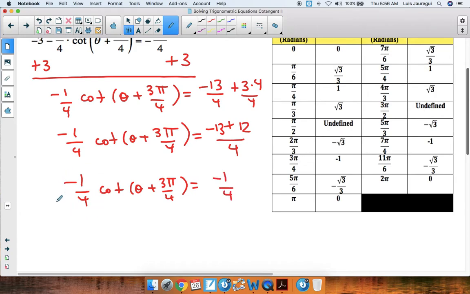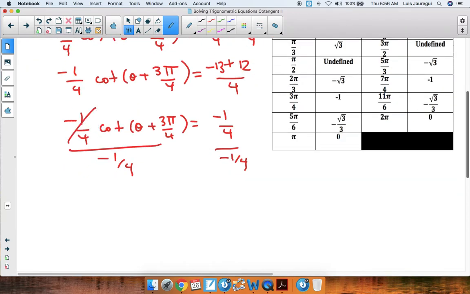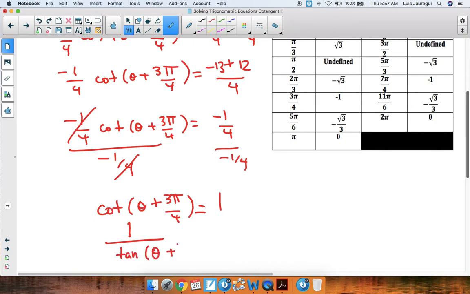So let's get rid of this negative 1/4. You can multiply by negative 4, or we can simply divide by negative 1/4 on both sides of the equation. Now this cancels, so we get that cotangent of theta plus 3 pi over 4 is equal to the same number divided by itself, which becomes 1. Now here we have cotangent. Well, recall that cotangent is the same as 1 over tangent, so we can rewrite this as 1 over tangent of theta plus 3 pi over 4